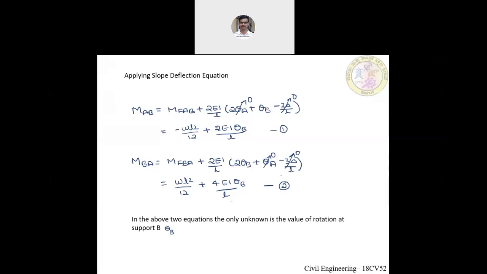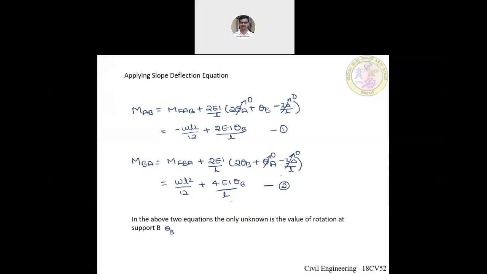In this present case, we have not considered any of such things, so I can say delta is equal to 0. And because of the boundary condition, I can directly take value of theta A is also equal to 0. I can simplify and write this equation as MAB equals minus WL square by 12 plus 2EI theta B by L. So I will call this equation as 1, and I will apply the slope deflection equation at joint B as well